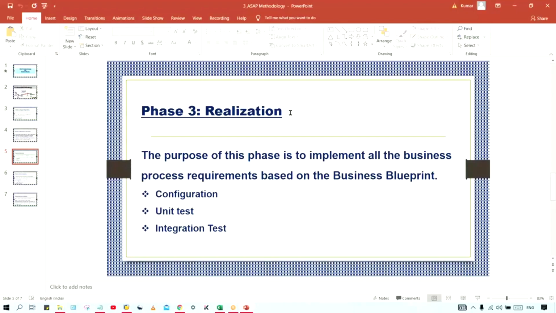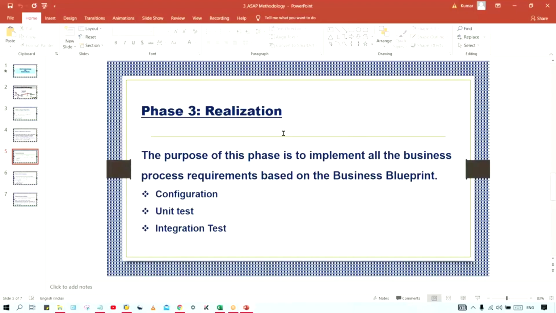It may take 4 or 5 months, almost 60 to 70 percent of the entire ASAP methodology. So most of the time is going to be spent here in the realization phase itself. This is pretty important.